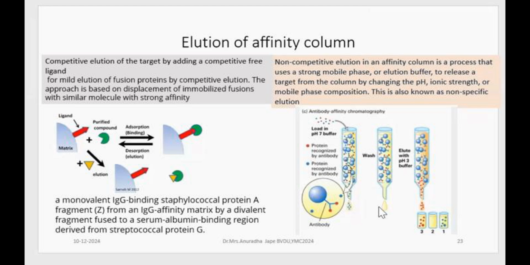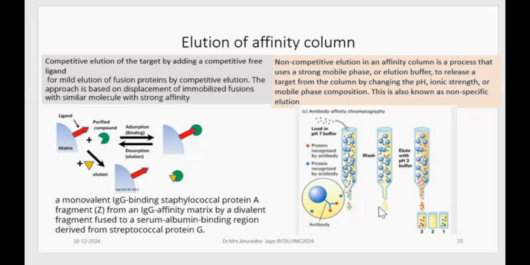But when you are using a single elution buffer of specific pH, ionic strength and molarity, you are going to get displacement without any competitor added to it. You don't need any specific reagent, such as a structural analog, which is going to interact strongly. So competitive elution and non-competitive elution, I hope, are clear to you when it comes to elution of an affinity column.